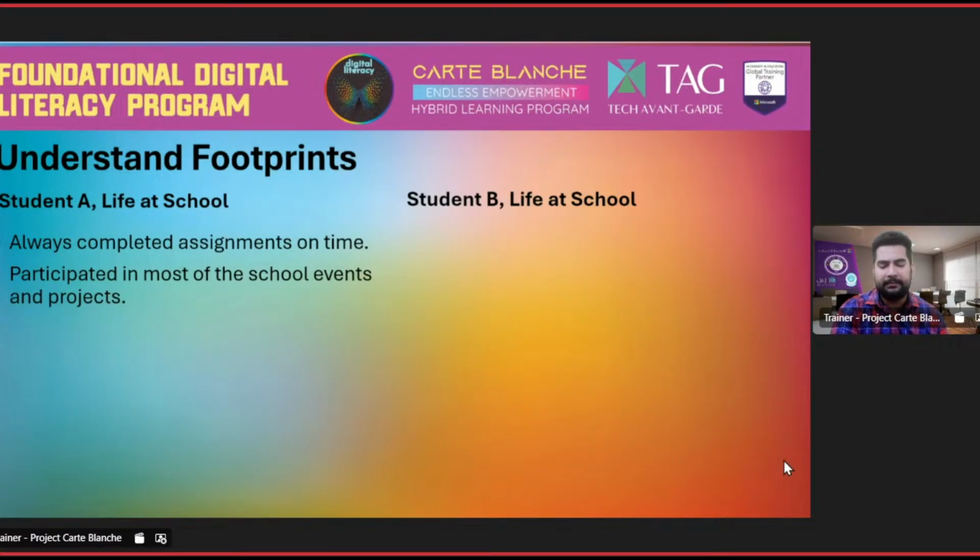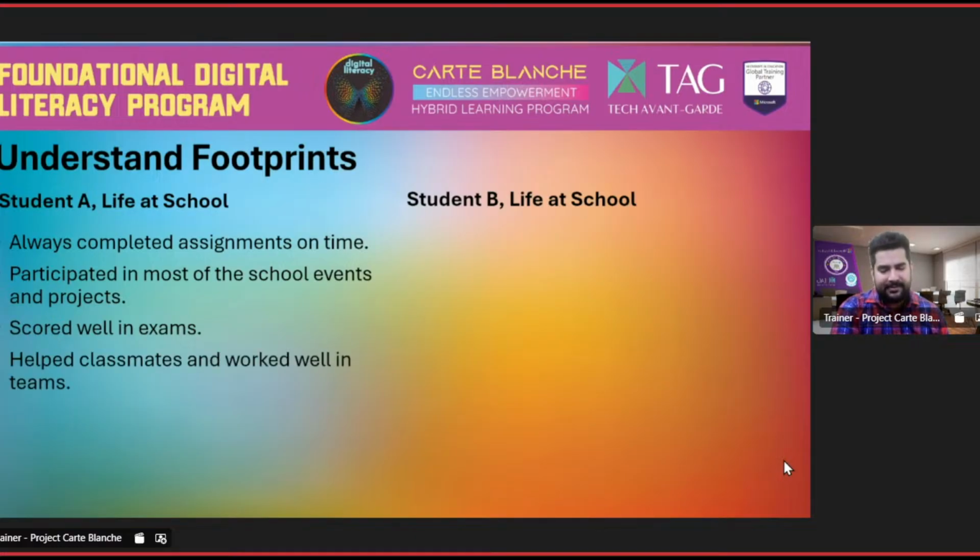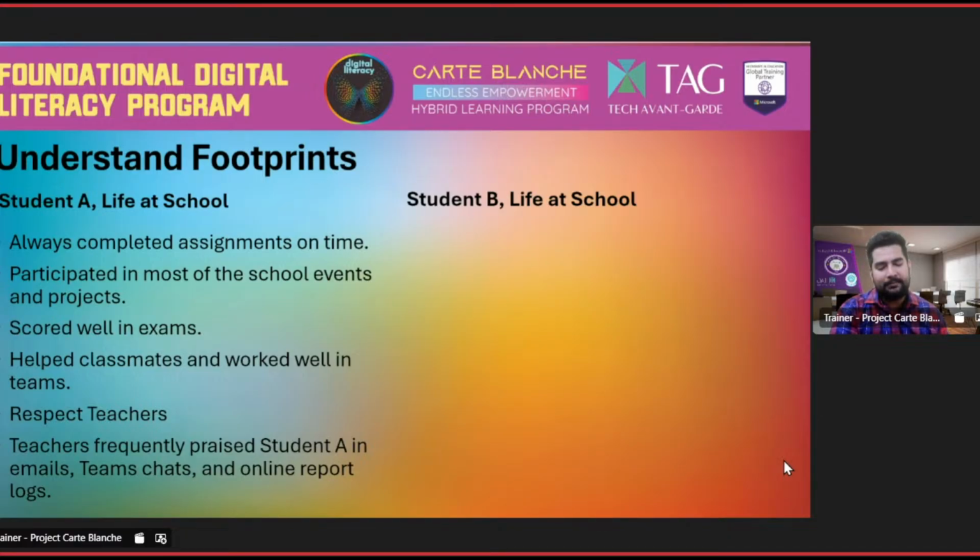He's talented, and he is able to score well in the examinations. He helped his classmates and supports them. He respects the teacher and works well in teams, right? And the teacher also gives frequent letters or certificates to the students every year, so that he is recognized in the school for good things. That's the story of student A.